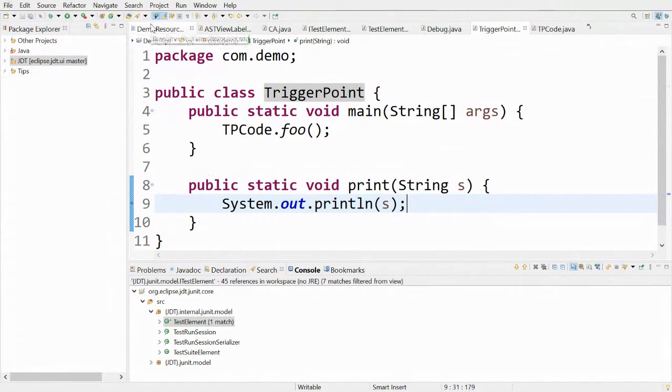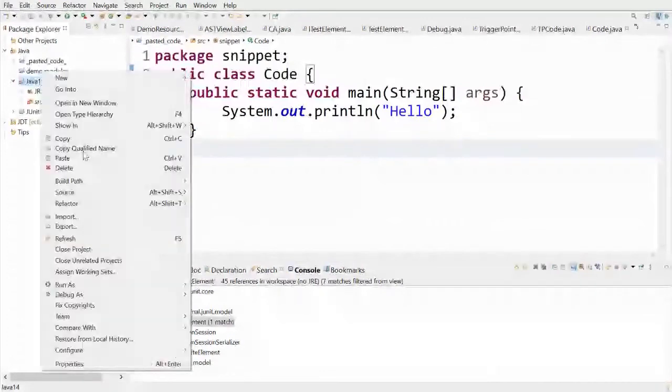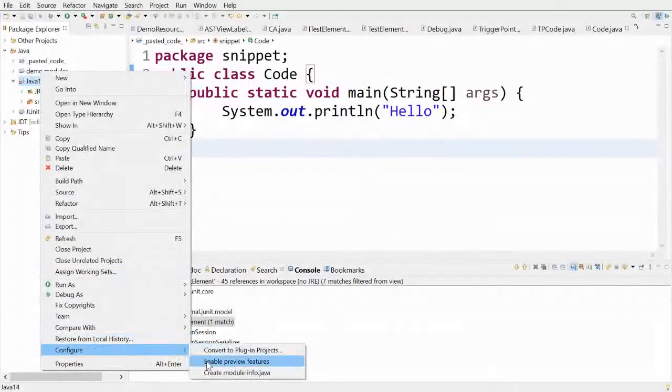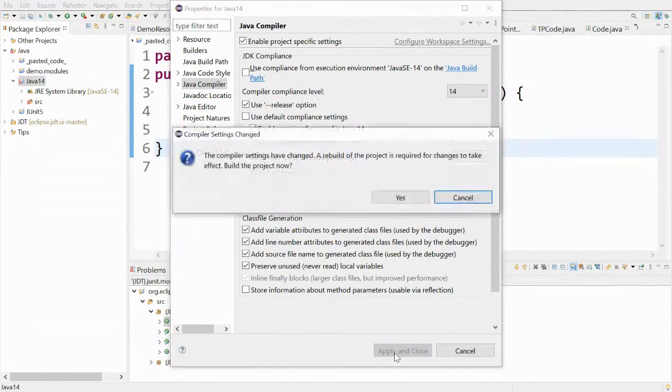Now let's move on to Java 14. Java 14 introduced records as a new preview feature. And a preview feature is disabled by default in a project. So first, let us enable the preview features on this. You can do that by selecting this option. And when you are using a preview feature in the code, you can choose to see a warning or an info. Or if you want, you can just ignore it using this problem severity option.